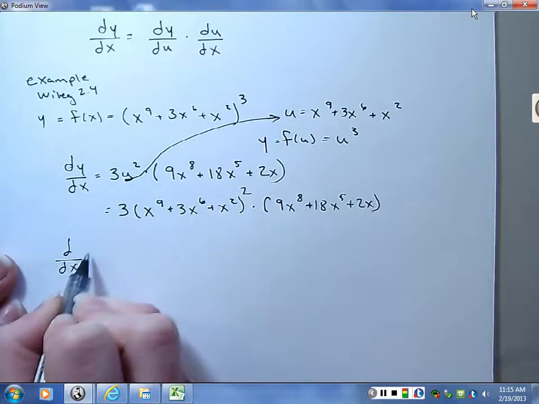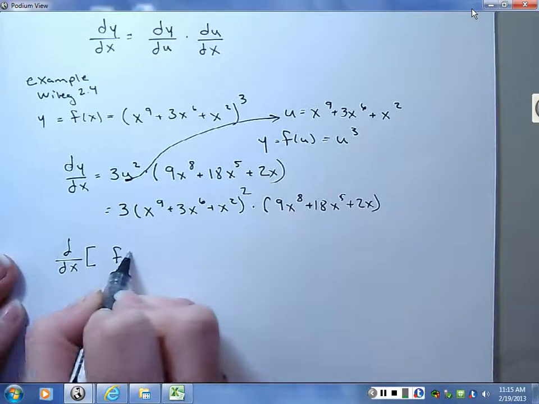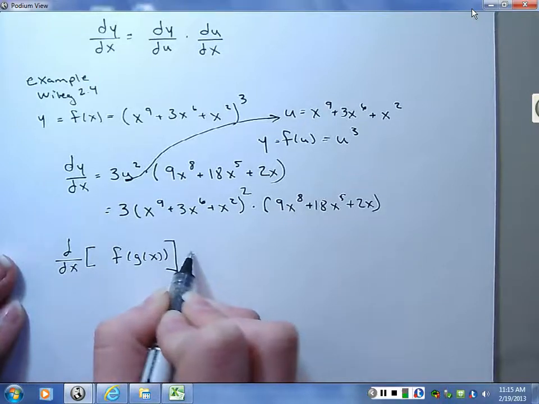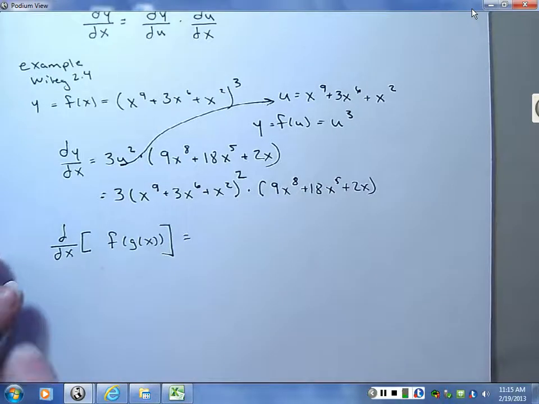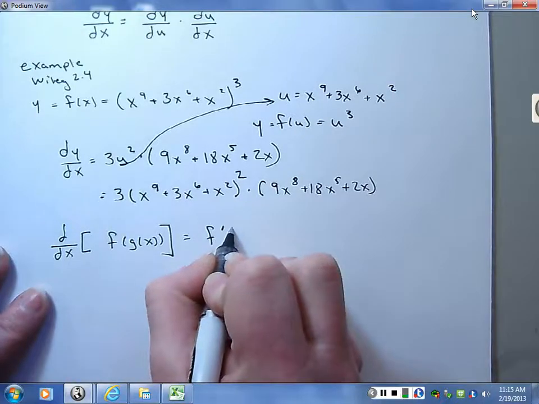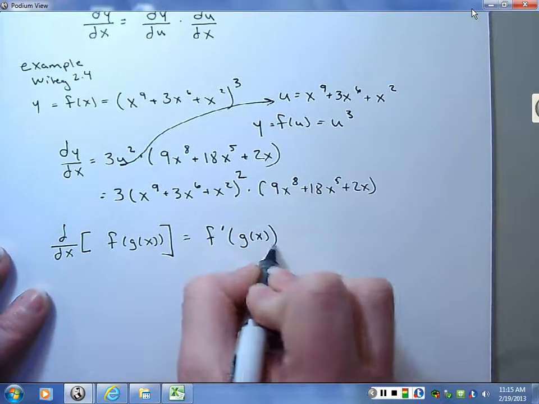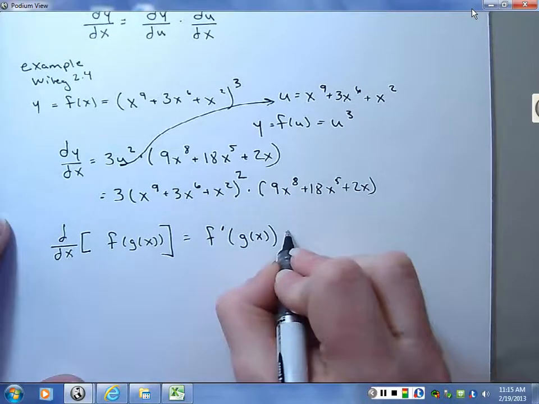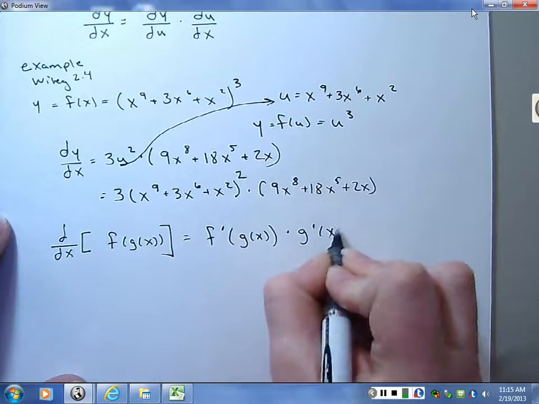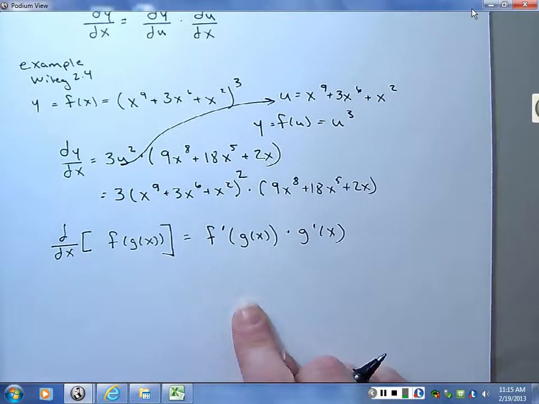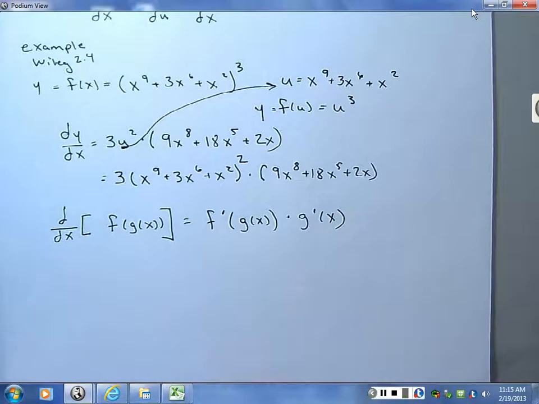So there's another notation that is probably more commonly used, and that is if I'm taking the derivative of a composition, I take the derivative of the outside, evaluate it at the inside, so that means kind of hold the inside, times the derivative of the inside. So it's the derivative of the outside evaluated at the inside times the derivative of the inside. So if I look at this same example,